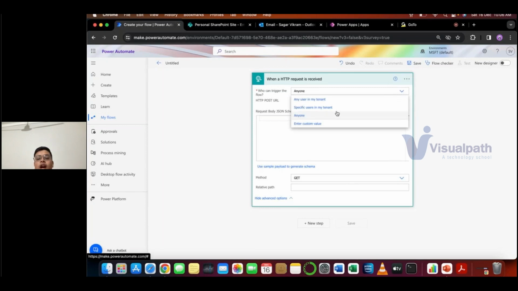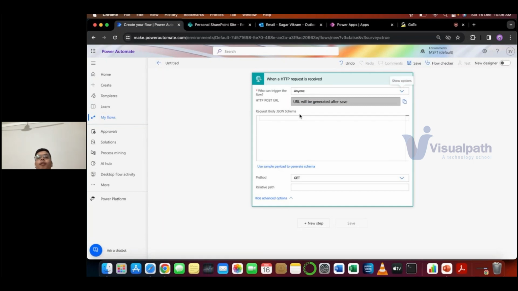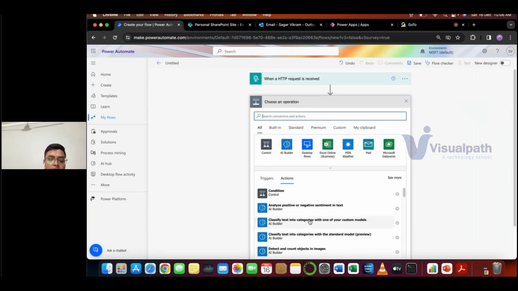So this feature is now available. Earlier it was not. So now we can also restrict the access of this flow from outside the organization. If the flow is triggered within the tenant, then only this flow triggers, else it will not. If I use anyone, then anyone from outside the organization can also trigger this. Okay. Now I have used the method as get, who can trigger the flow anyone, and let me just